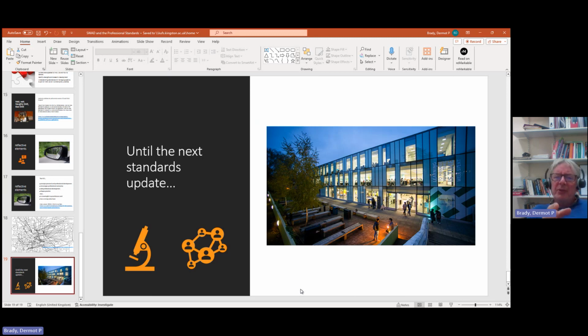And I hope that the spreadsheet helps to take some of the work out of laboriously having to go through each standard. The idea of the tool is that's its function really, to help you fill in those two columns. But of course, it needs a little bit more thought and perhaps a little bit of reading what is actually said behind the numbers. At the end of the day, it's all about professional development. And until the next standards update, of which there will, absolutely no doubt, be one, that's the current picture at the present moment.